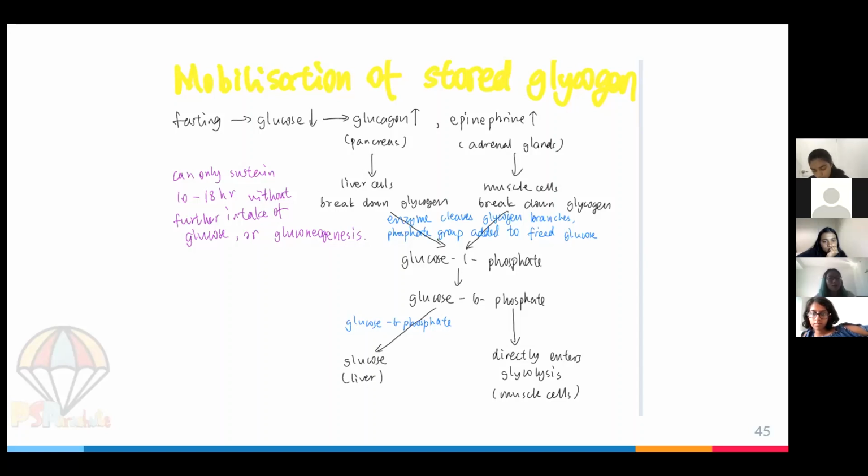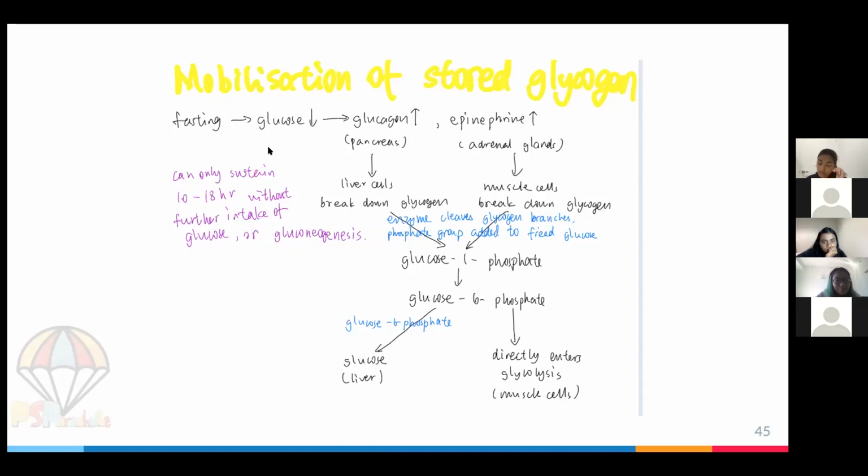So we need to make sure there is a consistent supply of glucose in the body. The process is that you have this hormone called glucagon, and also epinephrine. Why am I calling it epinephrine? It's adrenaline, right? The body can sense your glucose level, and when your glucose level is low, the level of glucagon will increase, and the adrenaline will also. But basically, all you need to know is that the body can sense the level